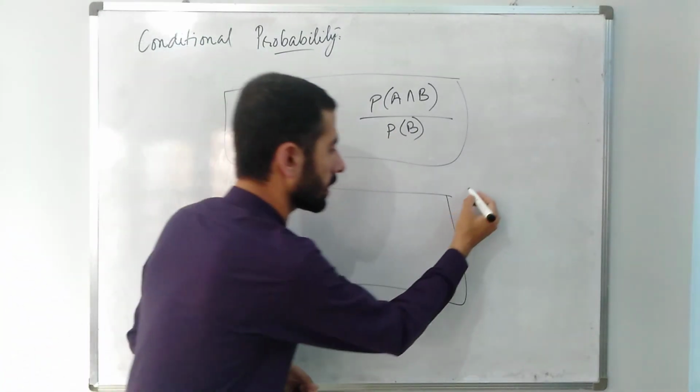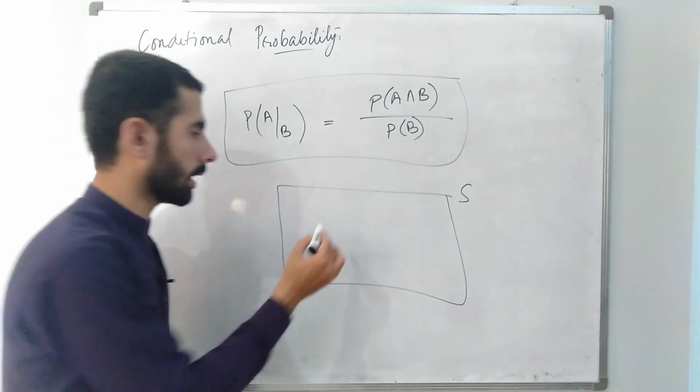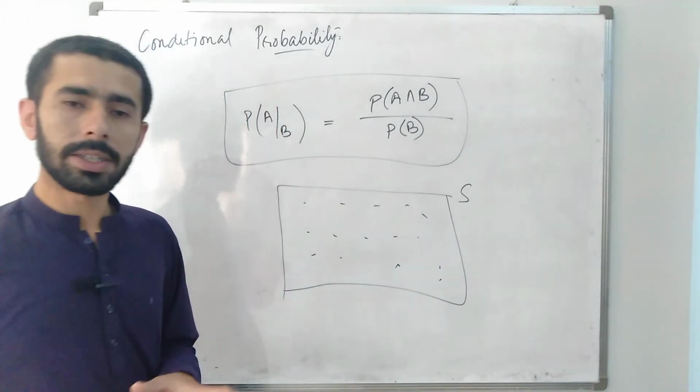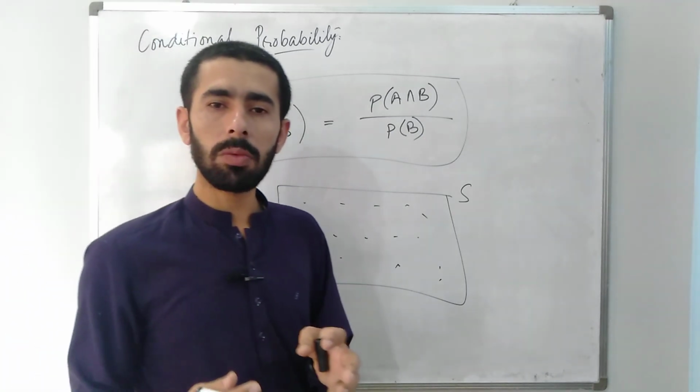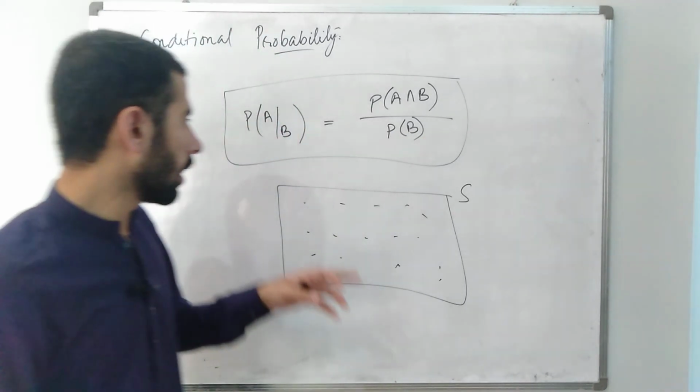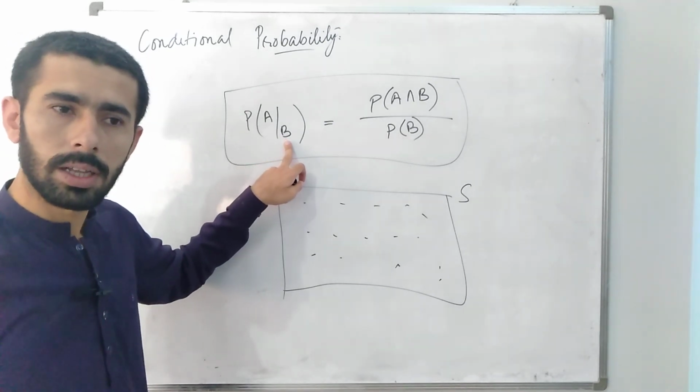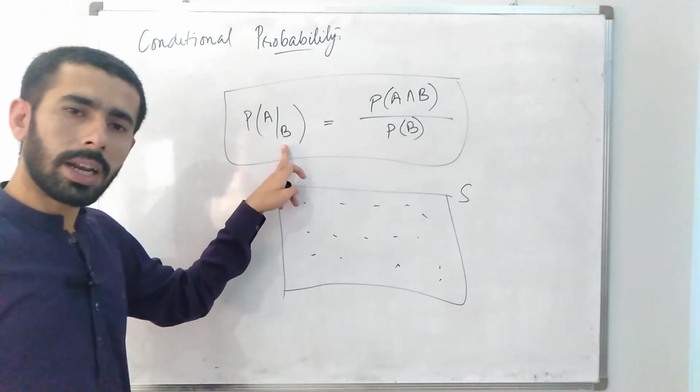So for example, this is my complete sample space, which contains all the possible outcomes, all the possibilities for my event. But when someone provided me the condition that your B event has already occurred,